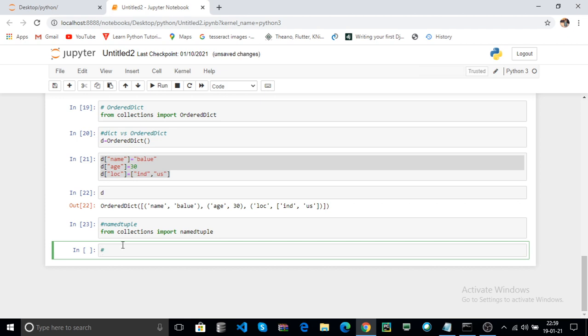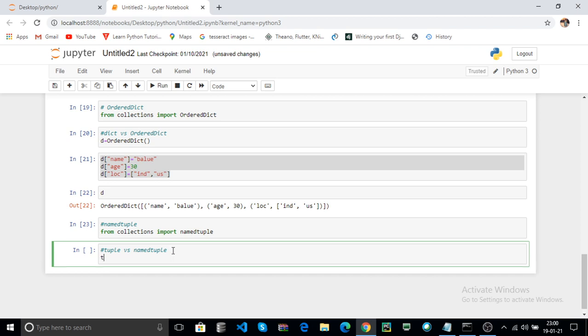Now what is the difference between tuple and namedtuple? Here there is only one difference. The tuple items are accessed by index, while the namedtuple items are accessed by names, hence it is called a namedtuple. That means accessed by name.